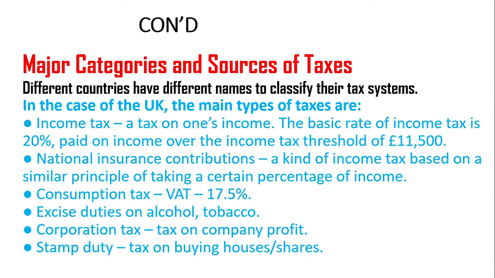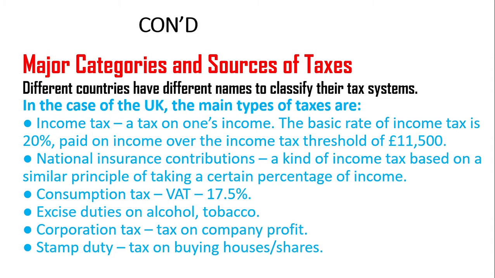ስለዚህ በኢንግላንድ ኬዝ ግን ከ11,500 ፓውንድ በላይ ገቢ የሚያገኙ ግብር ከፋዮች 20%ን ለመንግስት የመክፈል ግዴታ አለባቸው ማለት ነው። ናሽናል ኢንሹራንስ ኮንትሪቢዩሽን የሚባልም አላቸው። A kind of income tax based on a similar principle of taking a certain percentage of income ይህም just a certain percentage of incomeቸውን ኮንትሪቢዩት ማድረግ ነው። ሌላው ኮንሳምፕሽን ታክስ ነው። That is VAT ነው። በእነሱም 17.5% of ይከፈላል ማለት ነው። ይሄን የሚከፍለው that is ኮንሱመሩ ማለት ነው። ስለዚህ እዚህ ጋር ታክስ ኢንሲደንስን አፕላይ ተደርገው እናያለን።